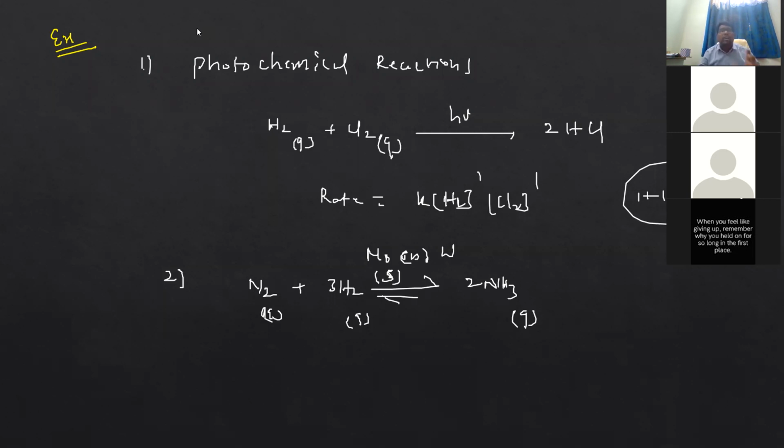How to find out? According to definition, it is a second order. According to definition, it is a fourth order. Fourth order, is it possible? It's not possible. The order of the reaction is maximum 3, it does not exceed 3. So therefore, don't consider the order by definition. Photochemical reactions and heterogeneous reactions are examples of zero order reaction.